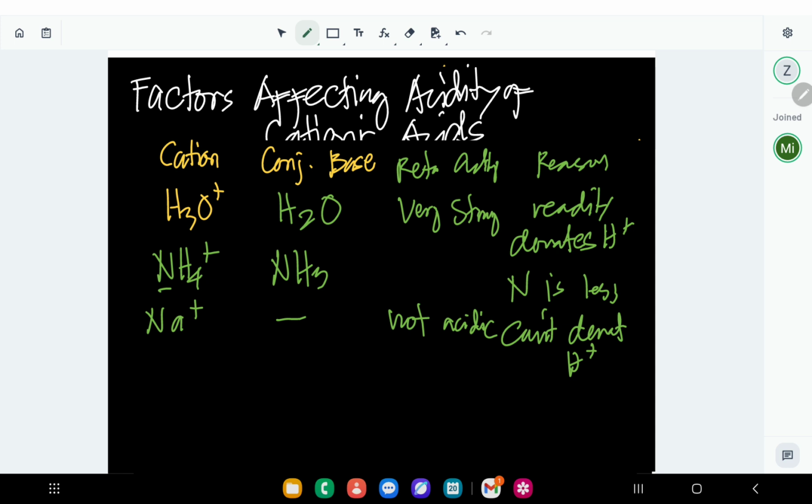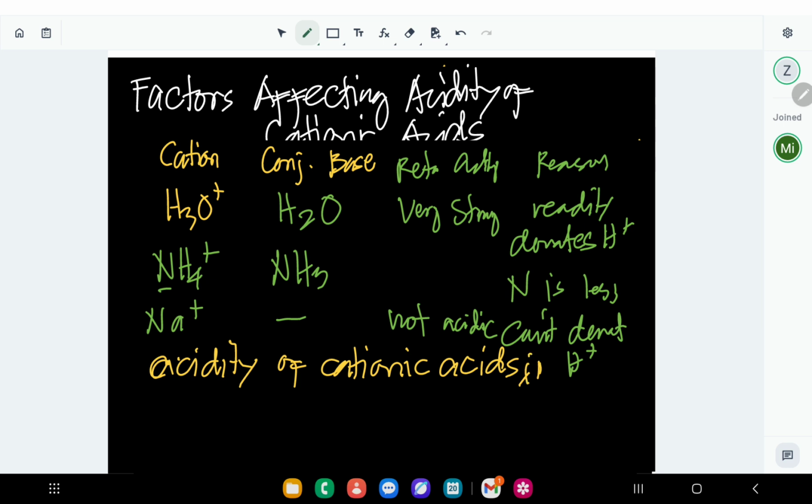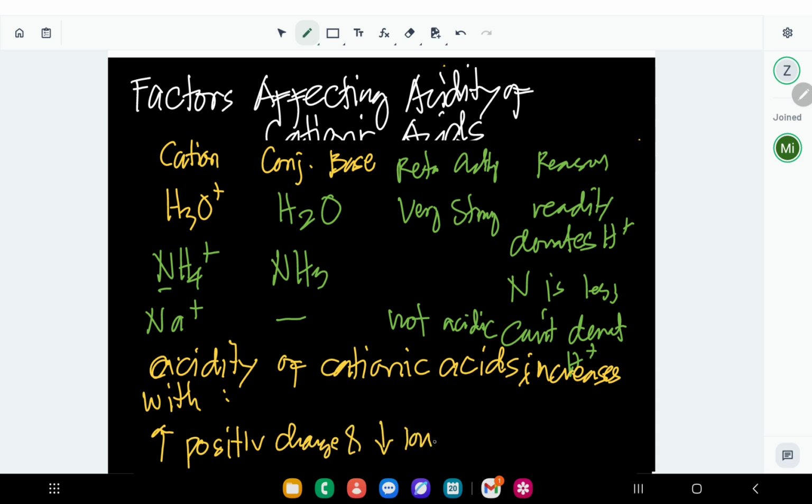So you just have to take note that for cationic acids, acidity increases with positive charge and a smaller ionic radius. Let me just write down the summary here. So acidity of cationic acids increases with, okay, so increasing positive charge and smaller ionic radius,